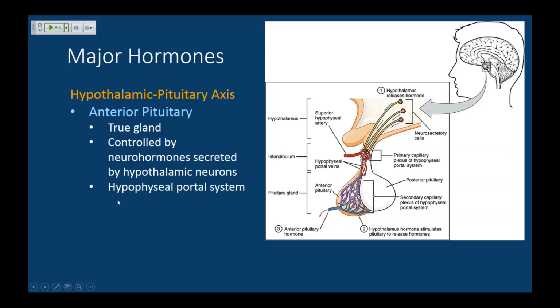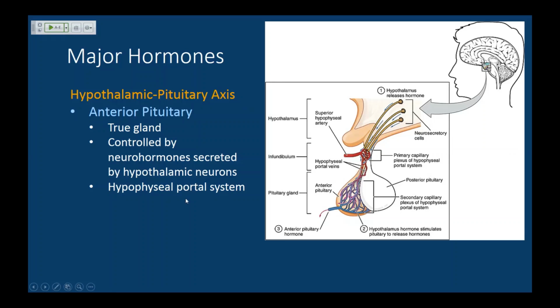And one major point we're going to make right here is that these neurohormones from the hypothalamus travel through something called the hypophyseal portal system. This word hypophyseal, you may or may not have ever seen it. It comes from an old word for the pituitary, which is hypophysis, which literally means an outgrowth. As you're looking up here, this pituitary is connected by a little stalk to the rest of the brain, so it looks just like an outgrowth of brain tissue. So they called it the hypophysis, and they later named it the pituitary.